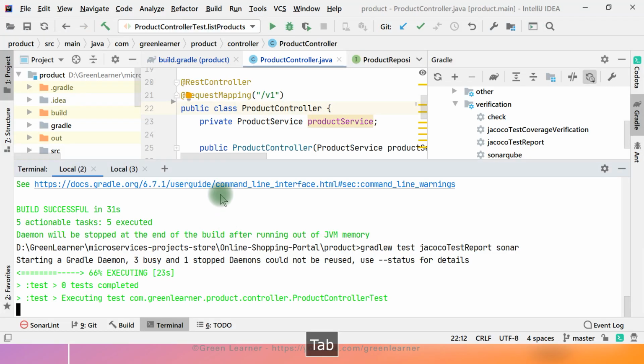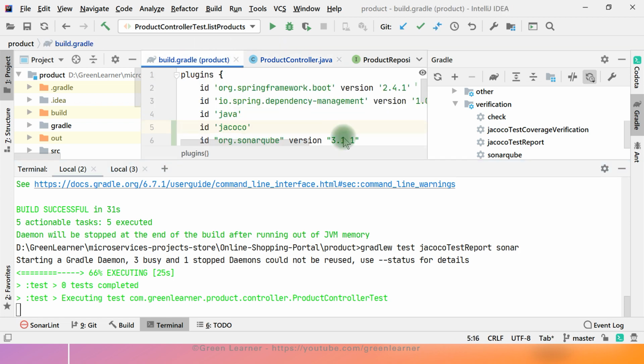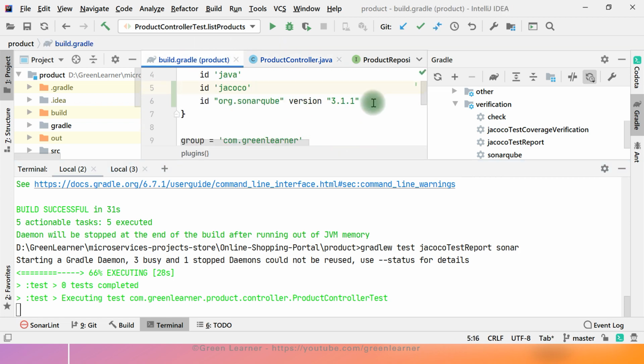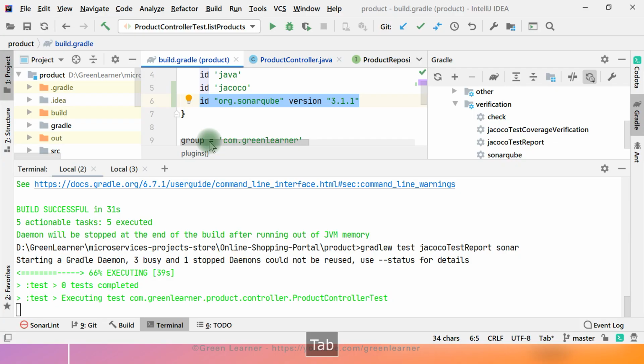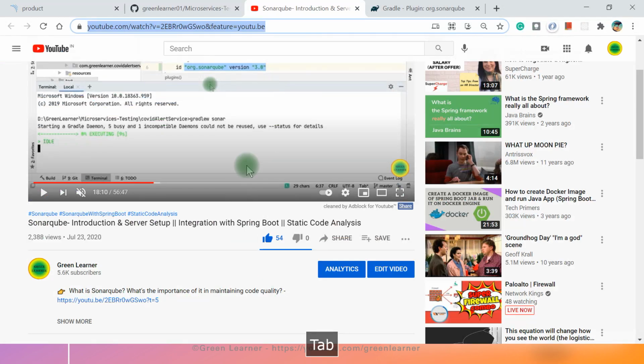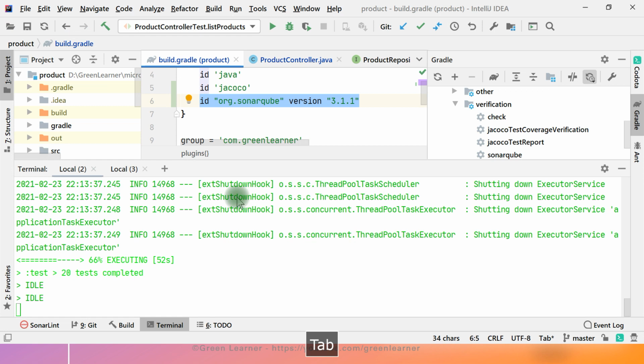One more thing, I'm just going with the default configuration that is needed here. If you see this video, you are going to see a lot of customization for the Sonar server and all those things that you can do. The point is, I just do not want to re-record and do the same effort again and again, right? So all the details are here, and you can go ahead and check them out. Waiting for it to complete.